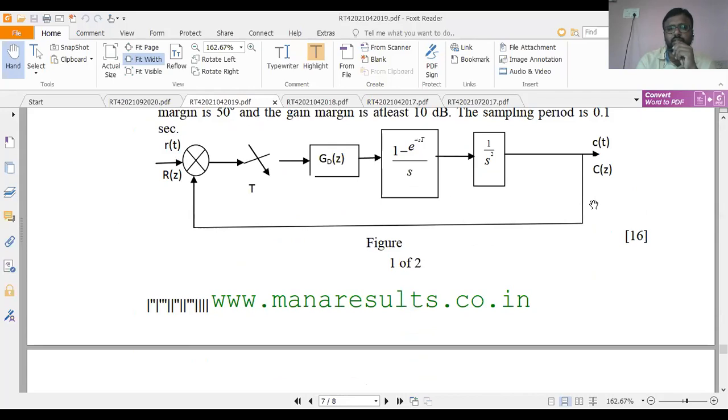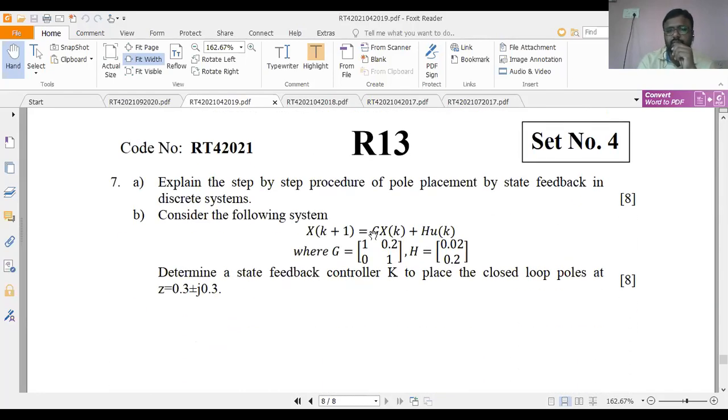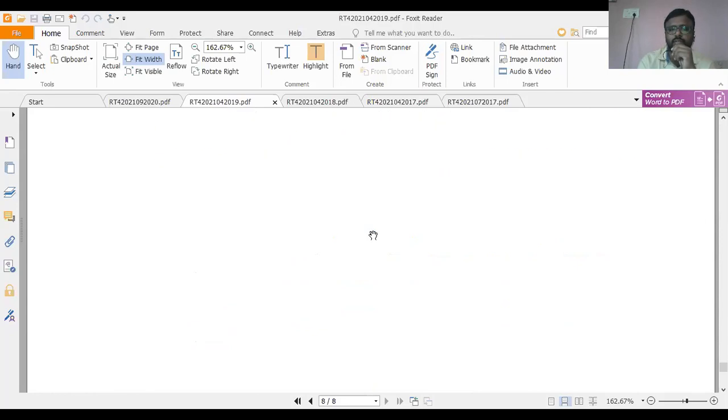So this is the expression which is used for determination of the pulse transfer function. It is the zero order hold circuit, and this is G of S divided by G of S value. All these are in cascaded position, and you have to apply the pulse transfer function, that is G of Z divided by R of Z. Okay, so this is the last set for 2019.